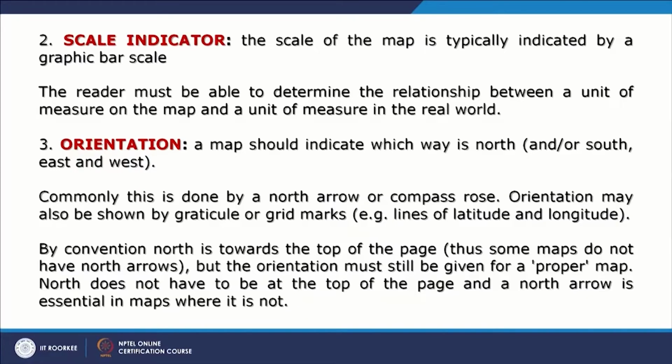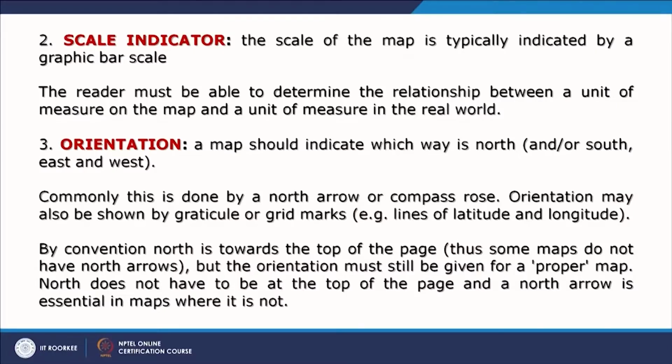So, we must take care about this orientation part of my map. If north has been rotated, it must be mentioned. Even if it has not been rotated, it must be mentioned. So, putting a north symbol is always an essential part of a map. This is done, as you know, by using a north arrow or a compass rose,